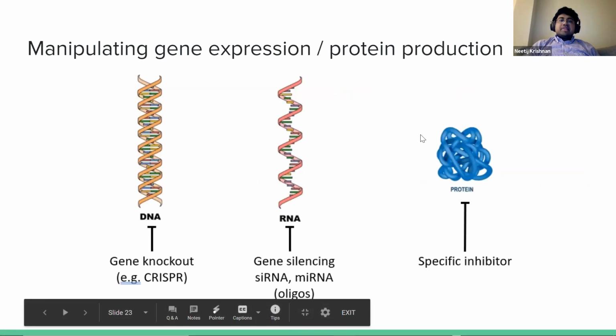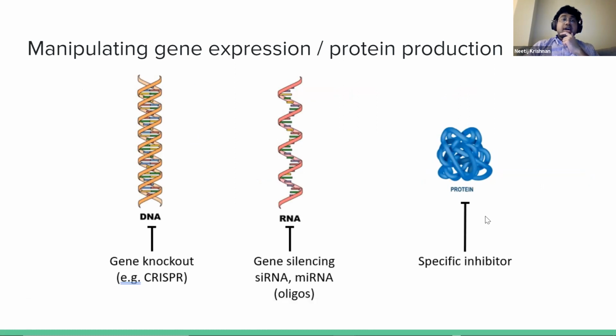Okay, manipulating gene expression or protein production. So these are experimental tools that you'll often run into. If you want to stop the expression of a gene product at the DNA level, you would do something like a gene knockout, where you could do something like CRISPR, where you'd essentially break the gene so the gene isn't transcribed, the RNA isn't produced,